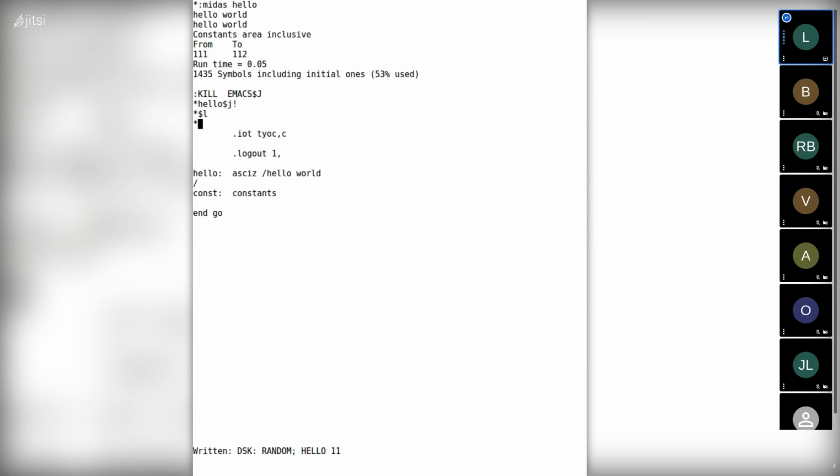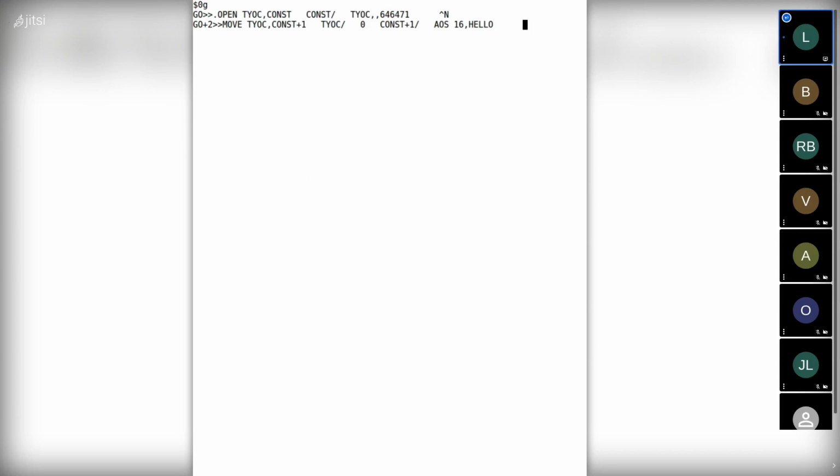Maybe just single step it, just to be sure. I'm going to clear the screen and start at the first instruction. So we have the open call. I'm typing Control N to move on. We have the move instruction.